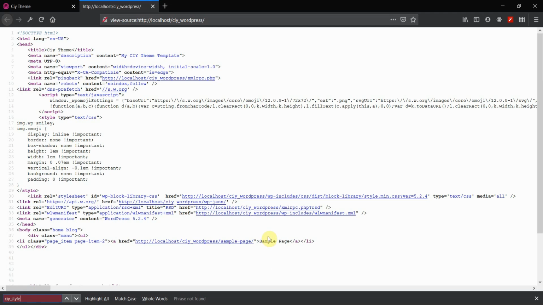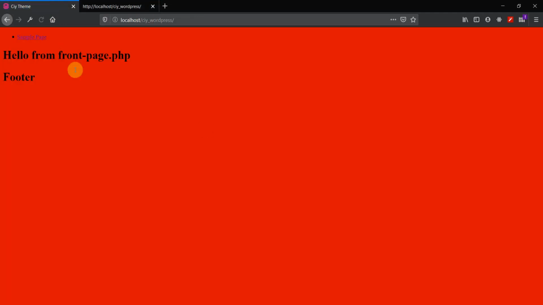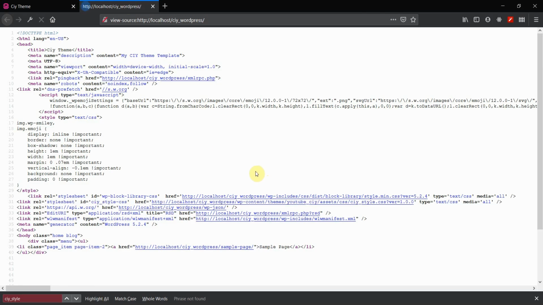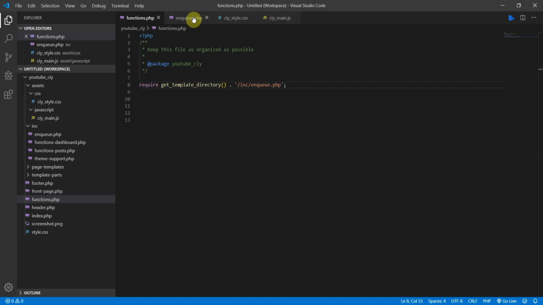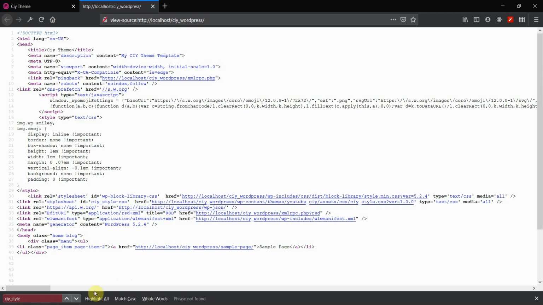Now if we go back to our front end, let's refresh. You can see we got a red background. And if we refresh this one, and let's take a look at our enqueue CIY_style. Let's write it again, CIY_style. As you can see, it's right here. And as you can see here as well, the version number here is